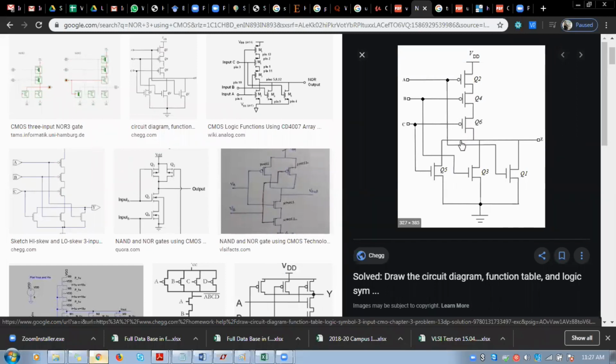In order to calculate the parasitic delay of this NOR 3, here there are 3 stages, so 3 into 2, 6 will be the K value. Here you will have a single stage, so 1 will be the K value here. So 6 plus 3, 9. 9 divided by the input capacitance of the unit inverter, 3. So 9 by 3, 3. That is the general expression they have specified.